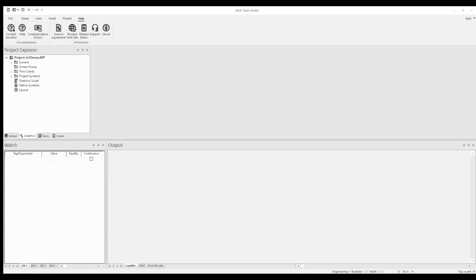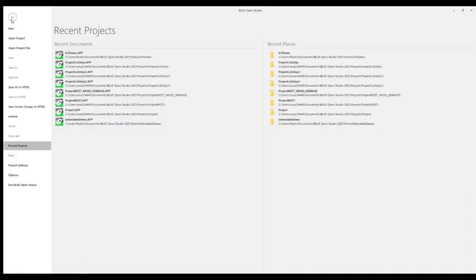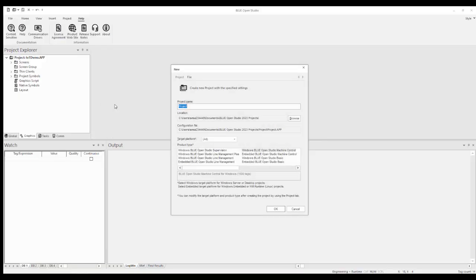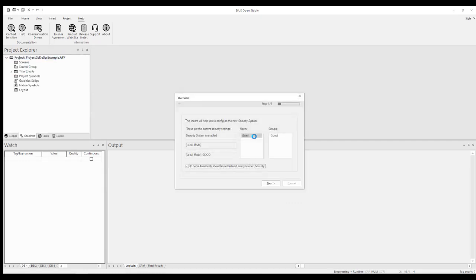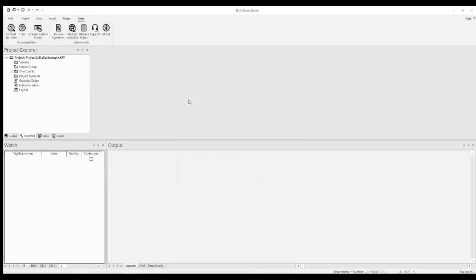Okay, so now we are in the Blue Open Studio environment. Let's go ahead and make a new project. We'll say project CODESYS example, and we'll pick a Windows runtime. We'll go through our same routine when we create projects. Get rid of security. Okay, finish. So the first thing that we're going to do is take a look at the help file